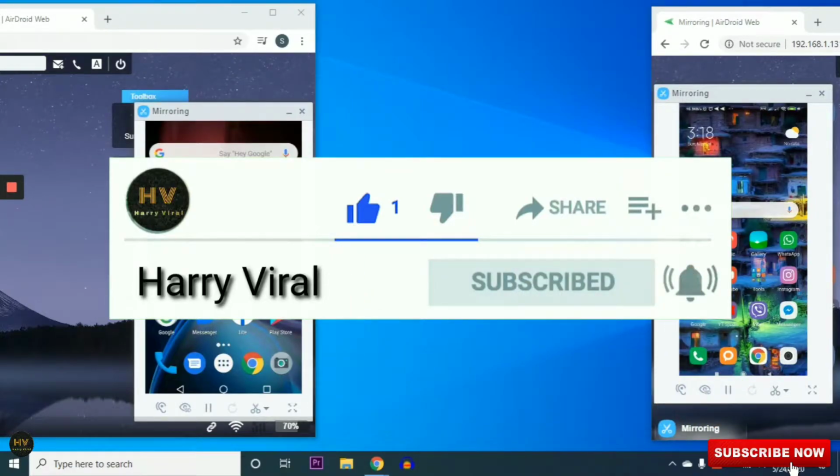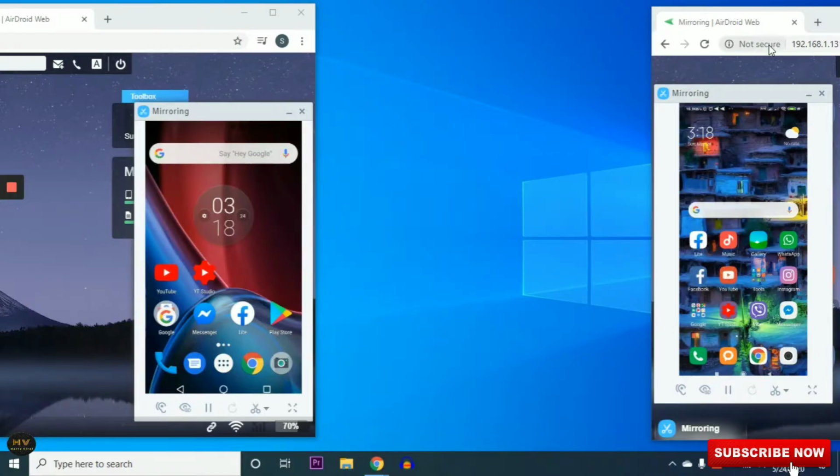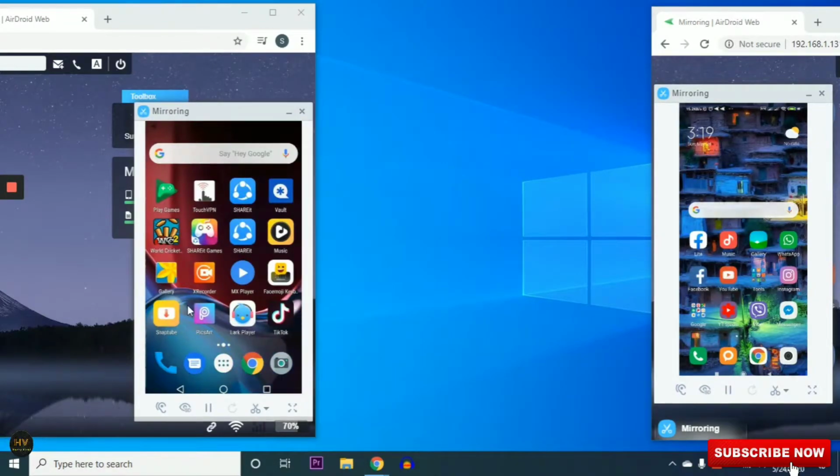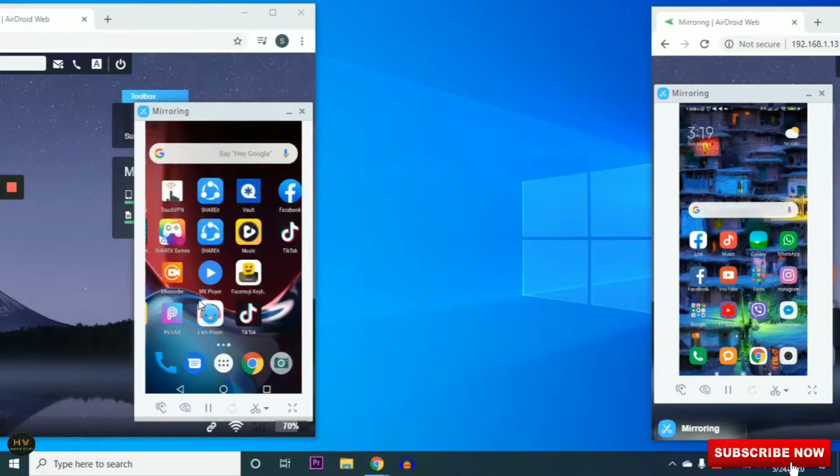So here I have my two mobiles to show you. This is my Motorola and this is my Redmi Note 7 Pro. Here I want to connect and get access. For that, first of all, look at this screen. This is the Motorola and this is the Redmi Note 7, and I am going here. You can see here, first of all I have to install one application,